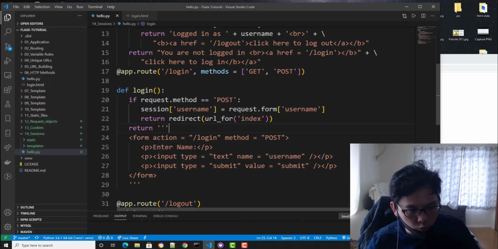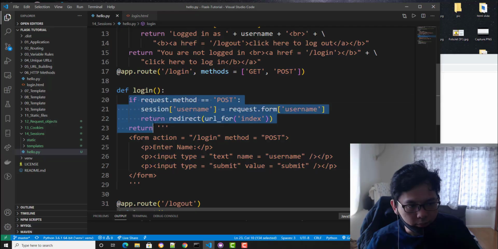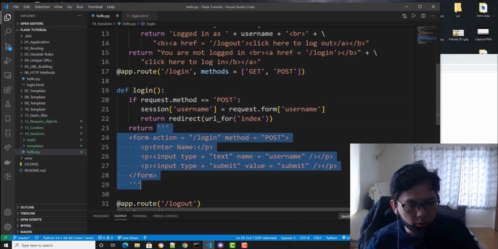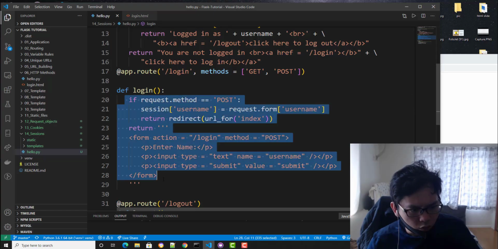This is kind of two ways to handle this, like an if-else statement. Don't worry about the way I write this. If you have a request on this URL, you check it, and it will store the session and redirect you to the index file. That's how this code works.